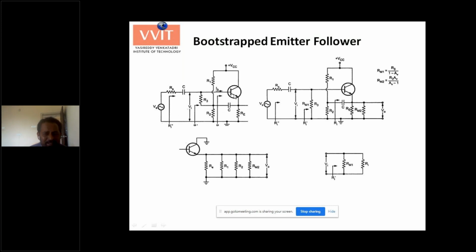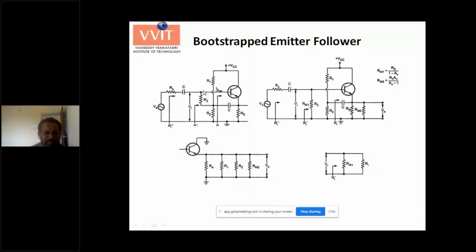So when a signal is applied, essentially what happens? This will be short circuited. Now let's look at the location of R1. This is also grounded. While doing AC analysis, R1 will be in between the output node and ground. So for bias, it looks like R1 and R2 are on the input side, but when the input signal is applied, R1 and R2 will go to the output side.